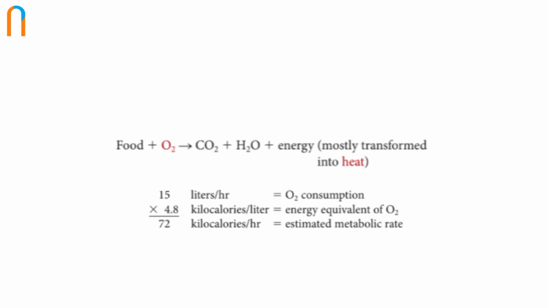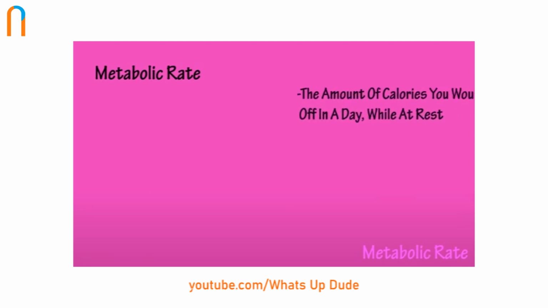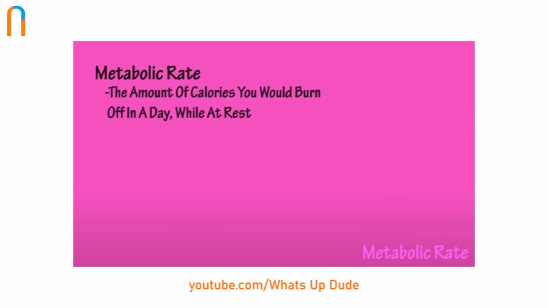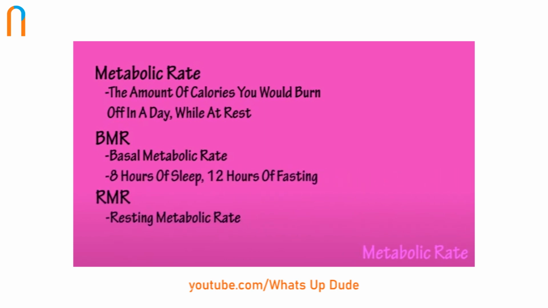Carbohydrates, proteins, and fats require a different amount of oxygen for their oxidation and yield different amounts of kilocalories when oxidized. An average estimate can be made of the quantity of heat produced per liter of oxygen consumed on a typical mixed American diet. This approximate value, known as the energy equivalent of oxygen, is 4.8 kilocalories of energy liberated per liter of oxygen consumed. Using this method, the metabolic rate of a person consuming 15 liters per hour of oxygen can be estimated as follows. In this way, a simple measurement of oxygen consumption can be used to reasonably approximate heat production in determining